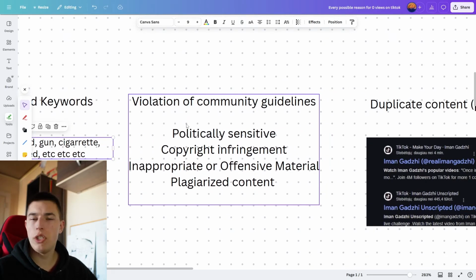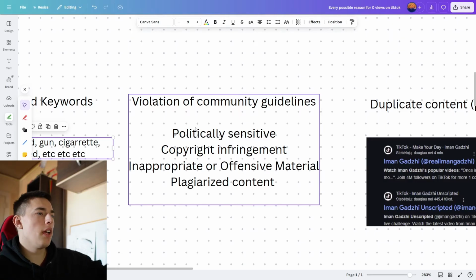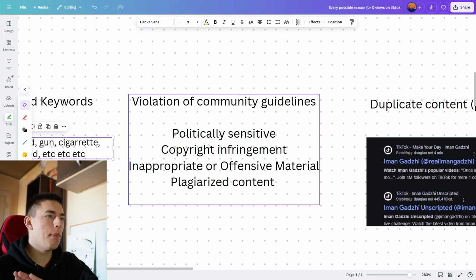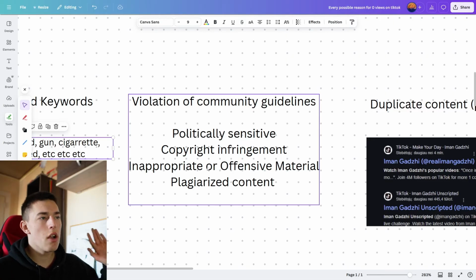Fourth thing is violation of community guidelines. This is a super broad thing, but if you think about politically sensitive topics, if you talk about other sensitive topics like drugs, smoking, alcohol, sex, whatever, all of this stuff, TikTok might penalize you and get you 0 views, especially if your account is not established. Copyright as well.